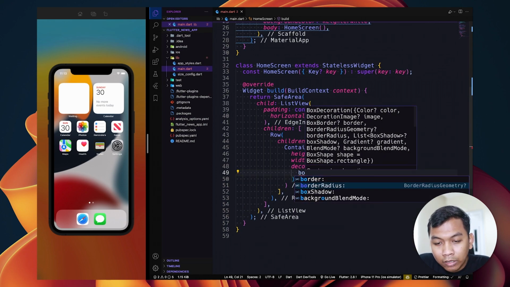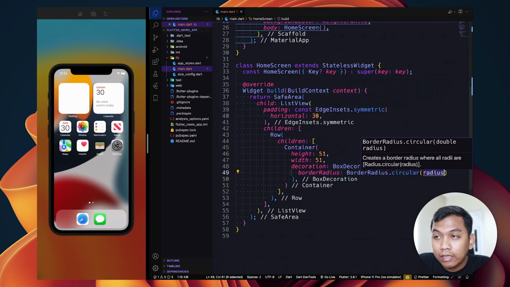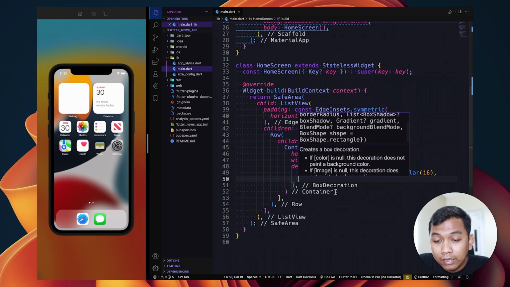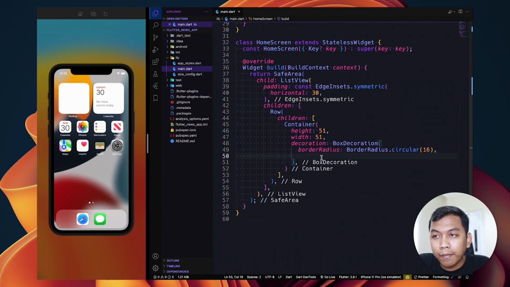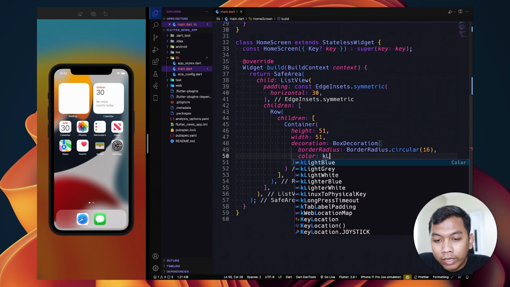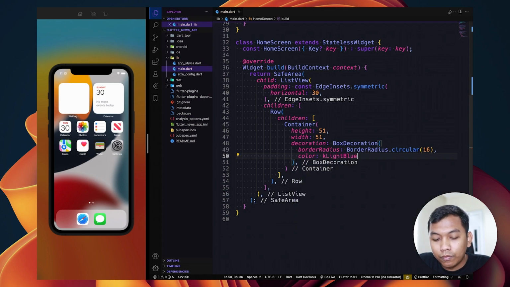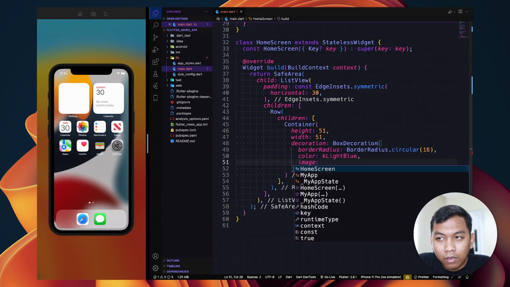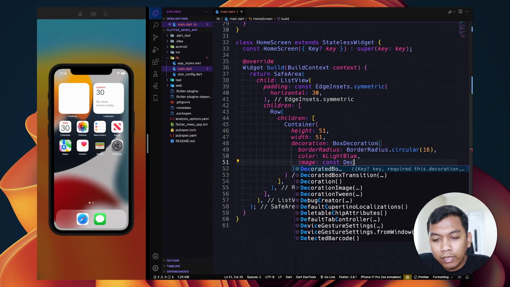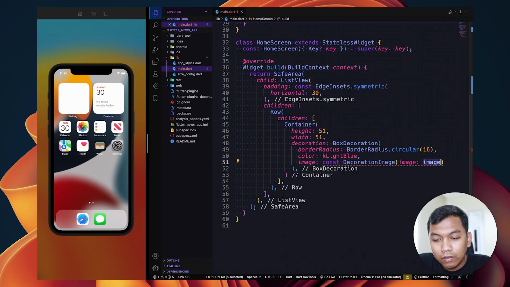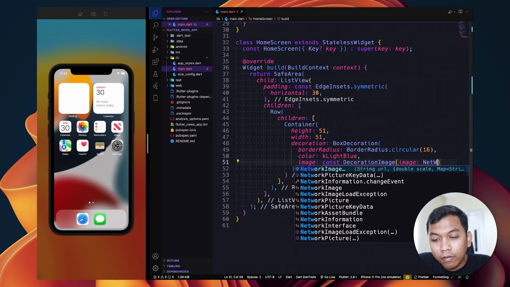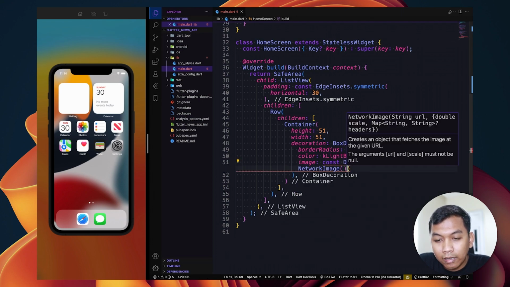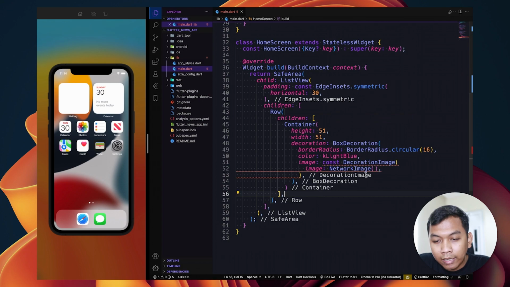Inside this BoxDecoration we can set border radius, BorderRadius.circular 16, and for the color we can use light blue, and for the image we can call DecorationImage, and inside this DecorationImage we have to call NetworkImage. So we can call a URL here.